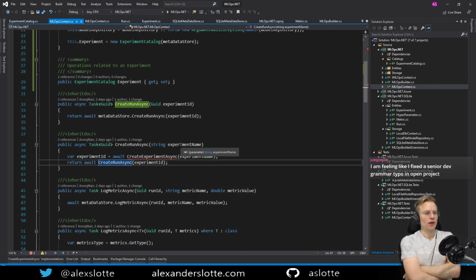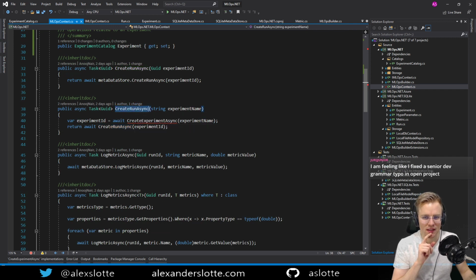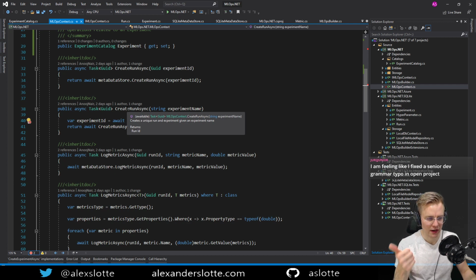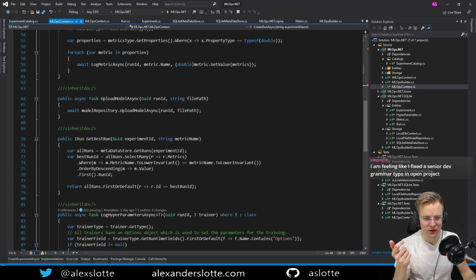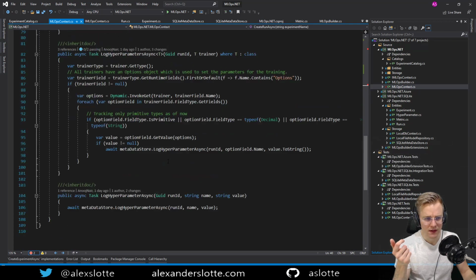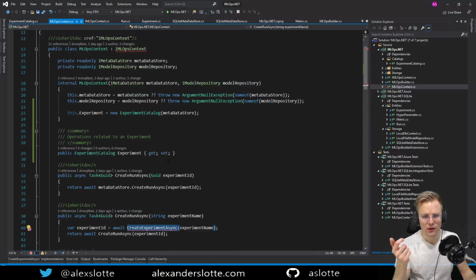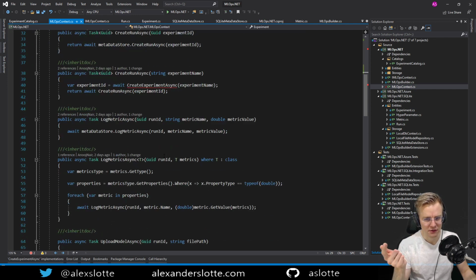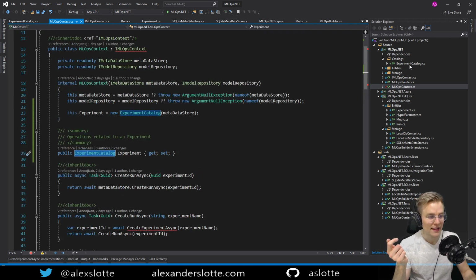Alright, so we have a little bit of an issue here in the way we're going to structure this, because if we have any shared methods like this, it's not going to be as easy. I was thinking of creating an experiment catalog and a run catalog, but that would mean separate ones, and that's not going to be useful at all. So I think we want to rename this to something else instead of an experiment catalog. This needs to hold both runs and other stuff that is related to runs.